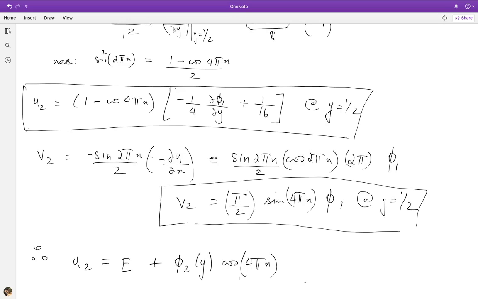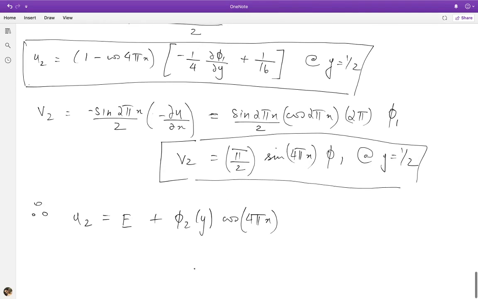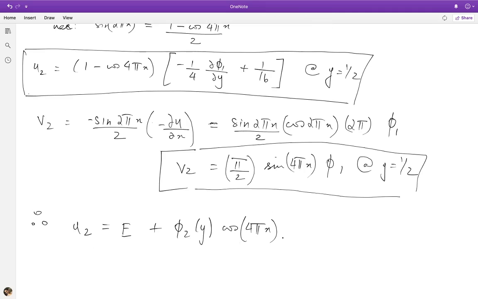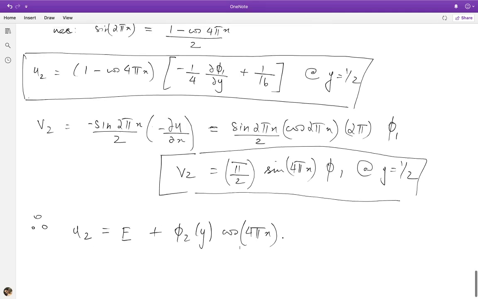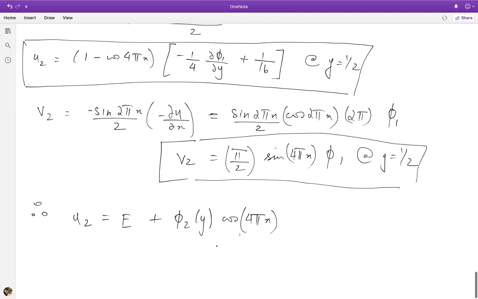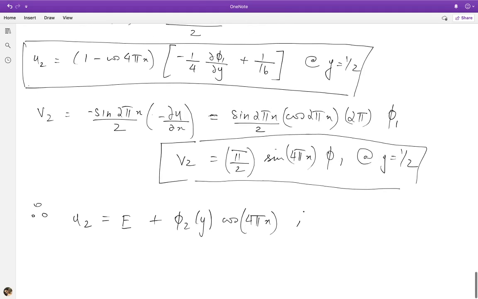Alright, that's great. So now we have a form which we know is going to work. We can follow the same procedure as before because the domain equations are the same. So I substitute U2 into the governing equations. I assume a form, of course, for G, right? So just as I had done for G1, I can assume G2 to be some constant C2, this time cosine 4 pi x, right? So then I'll get an ODE for U2 that I can solve in terms of